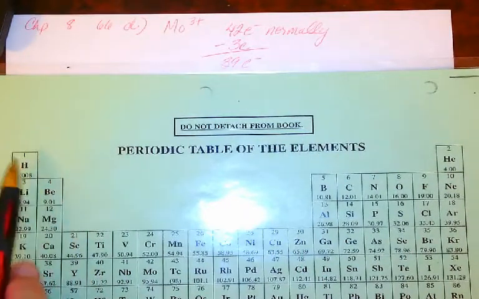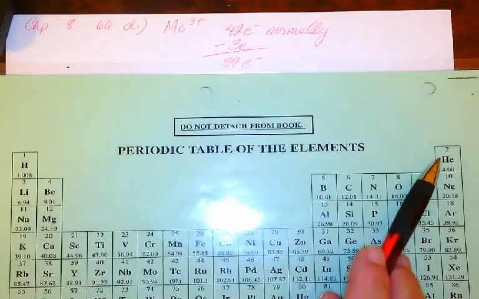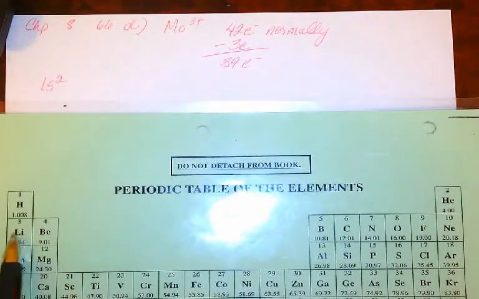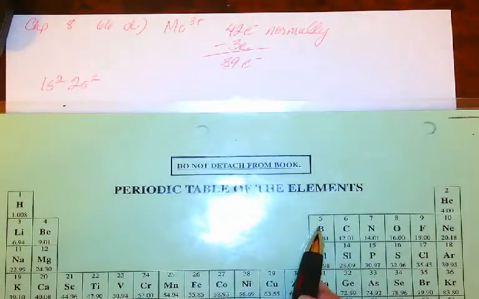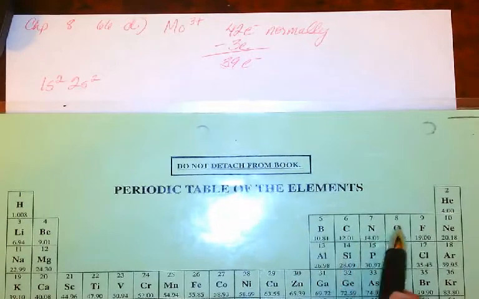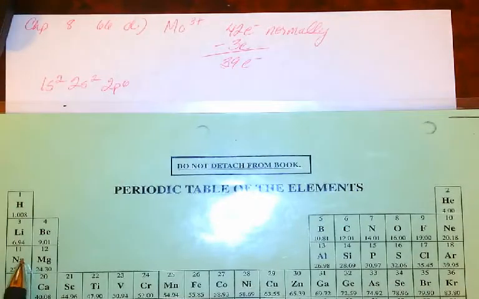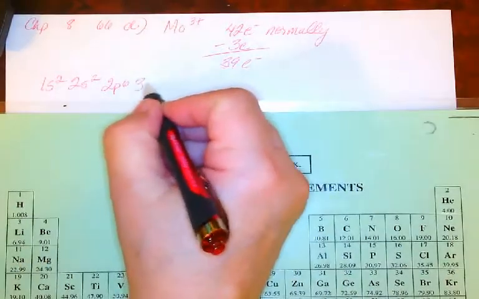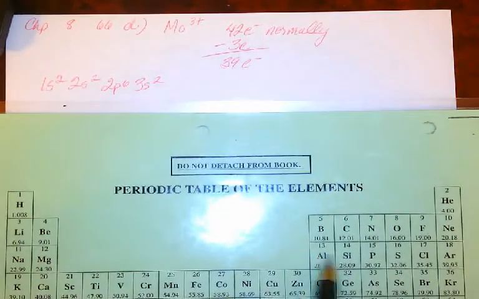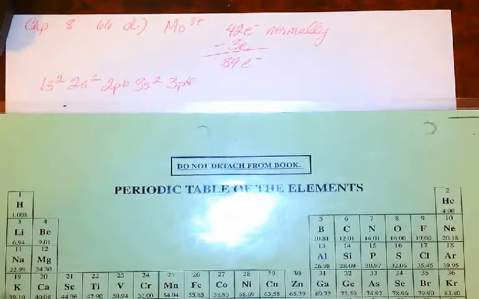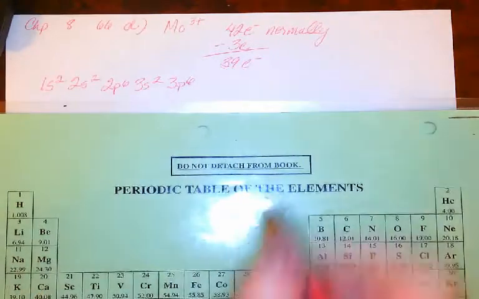So we're going to go 1s block, so we would write 1s2. 2s, second row, 2 blocks, so 2s2. We go across and over. That's the 2p block, and there's 1, 2, 3, 4, 5, 6, so 2p6. The next row, 3s2, 2 blocks, 3p6, and then we come to 4s2,